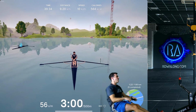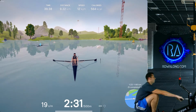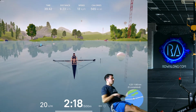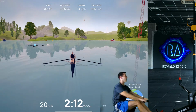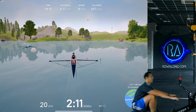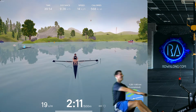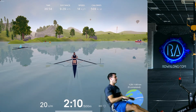Oh yeah, well, I've done 9,200 meters right now. Tell you what I'm going to do. I know there's 10 minutes left, but I think I might stop when I hit 10k, because that blister just burst on one of my fingers, and it's a little bit tender. So if I stop when I hit 10k,